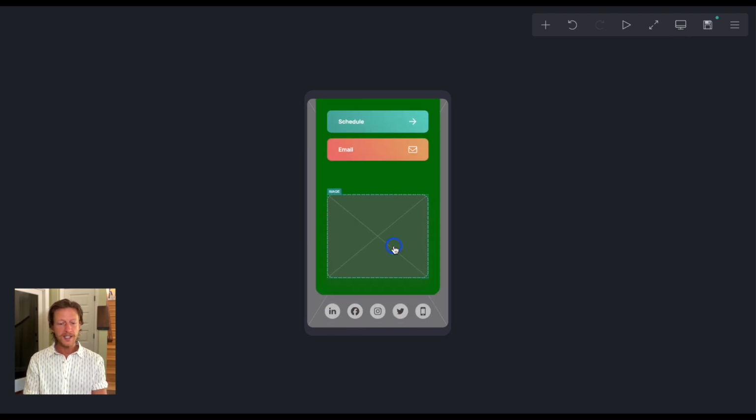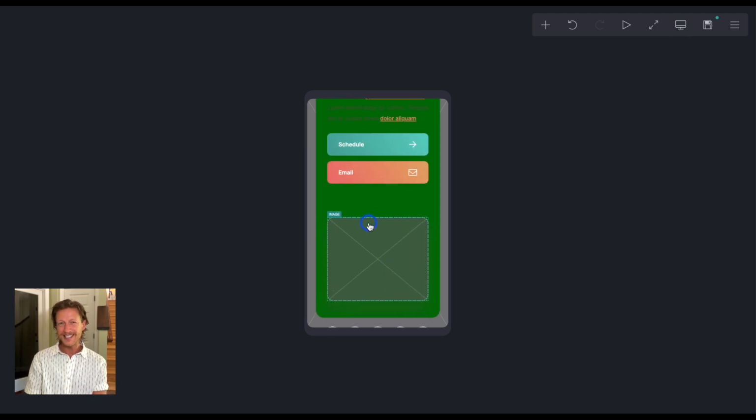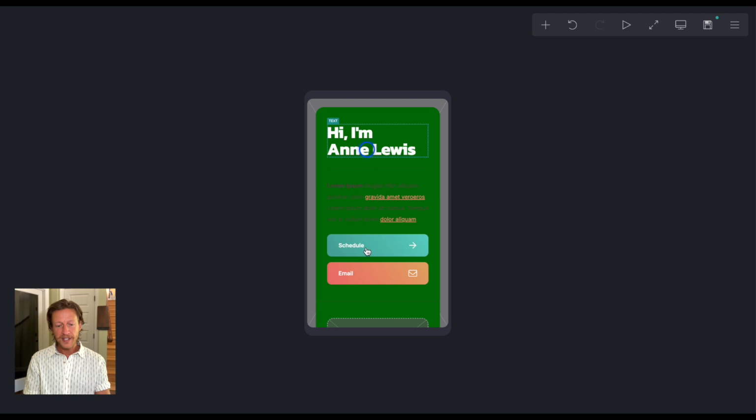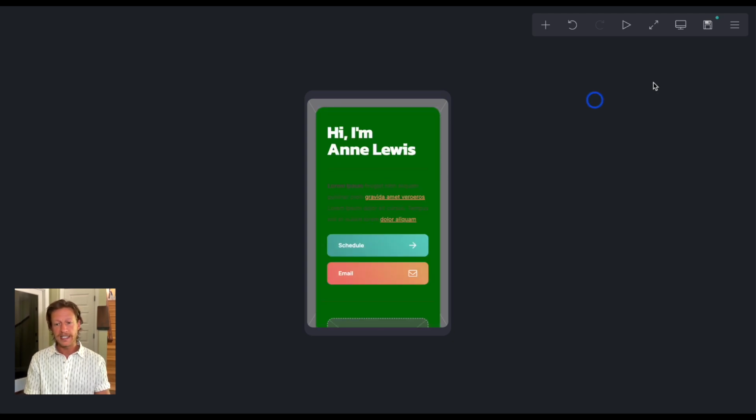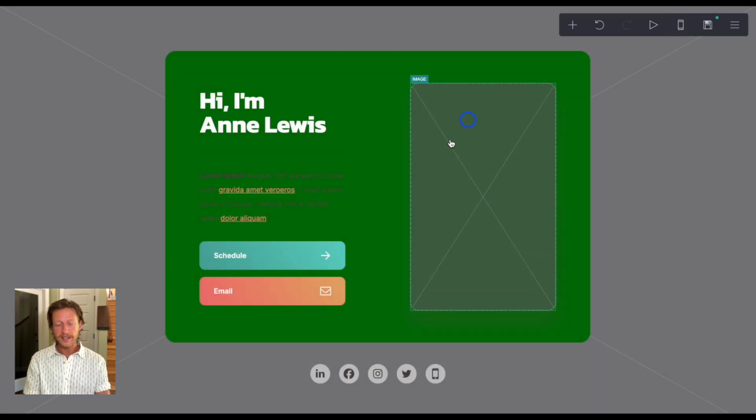So as you change anything, know that sometimes this can upset or make the mobile not look very good at all. So have this in mind, and I'll link to a video that talks about how to optimize it for mobile in case things go wrong. So if we go back to this view here,